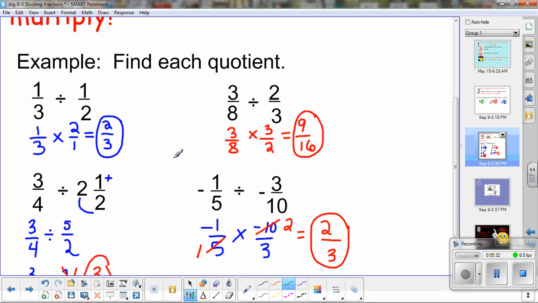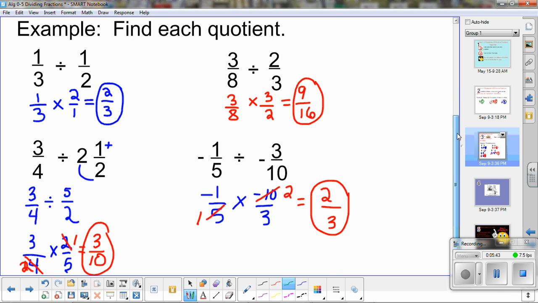Now it's real easy to just flip the second and multiply, but I want to take a second to show you where that comes from or why that works. So if we go back to this first example of 1/3 divided by 1/2, if I were to write it this way,